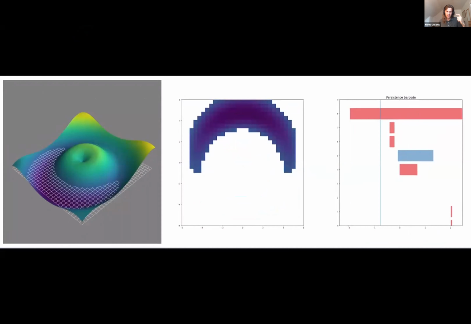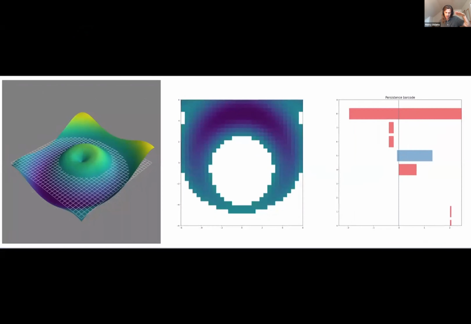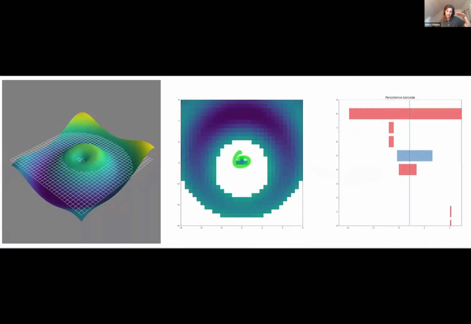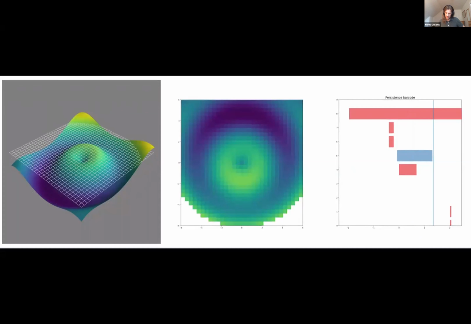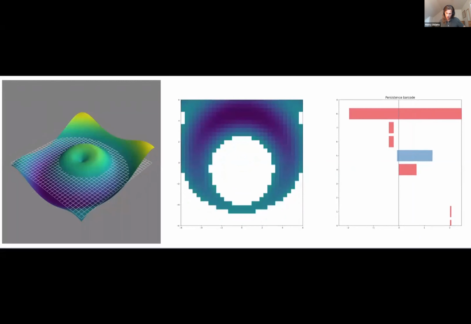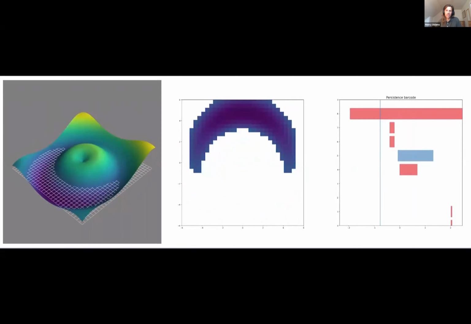So we start with this crescent moon, whereas as we raise the level, we complete to a circle, and then an extra connected component forms. And then eventually that connected component merges and the entire hole fills in. So to be quick, the red bars are the connected components. So we have one connected component.